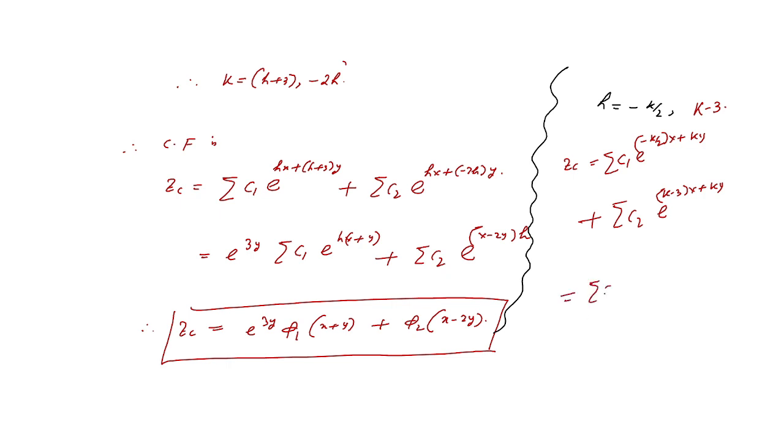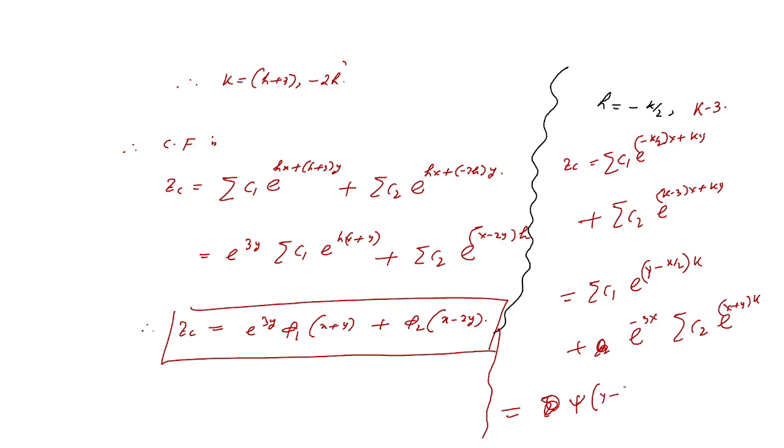Okay, so that means summation c1 e to the power k (y minus x by 2) plus summation c2 e to the power minus 3x plus k (x plus y), and that we can write as some function of (y minus x by 2) plus e to the power minus 3x times maybe another function of (x plus y). So this will be the